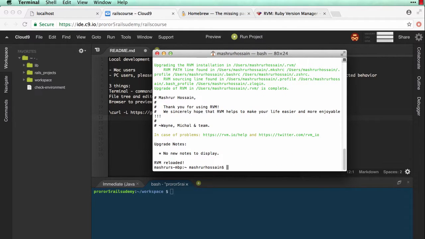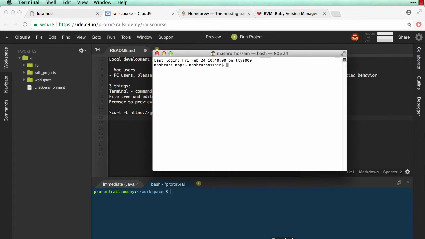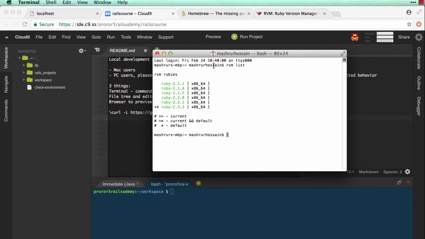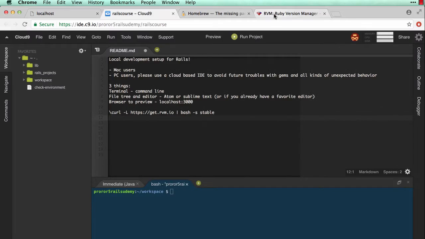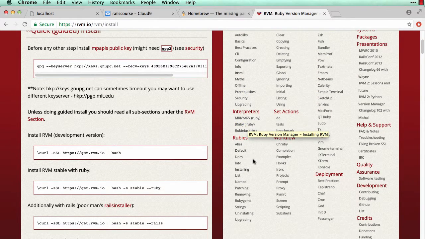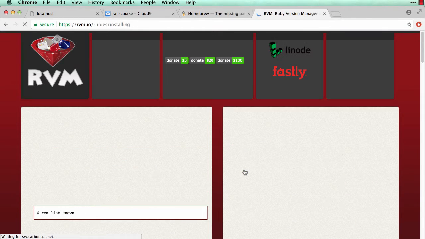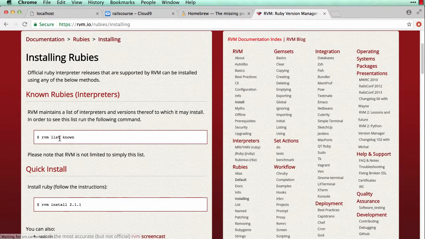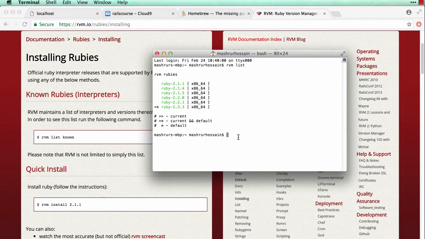Okay, great. RVM reloaded. Now close your terminal and then reopen it. If I type in rvm list, check out all the Ruby versions that I have. Now, if I go to RVM and let's say Ruby, Ruby's installing. Let's try rvm list known and see what that does. Back to my terminal, if I type in rvm list known,